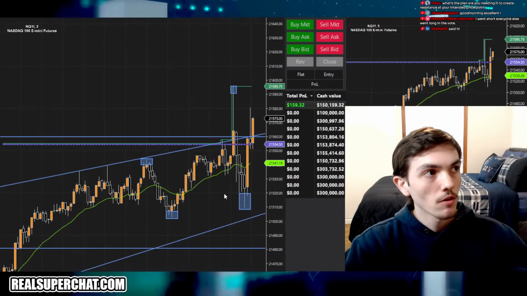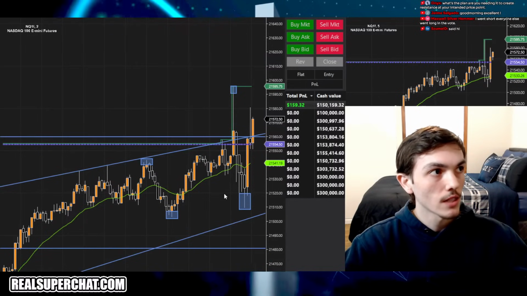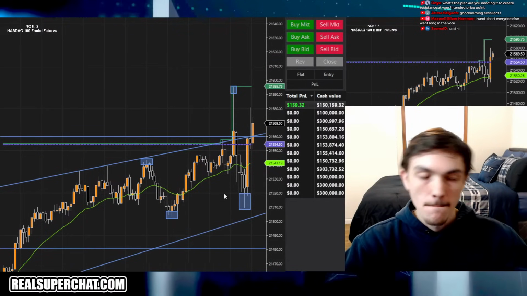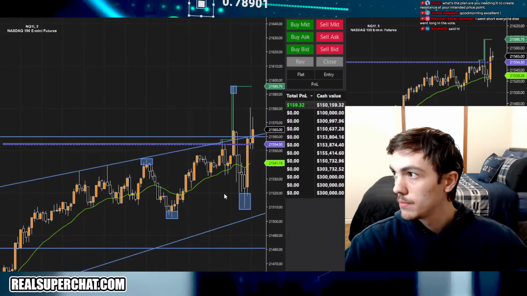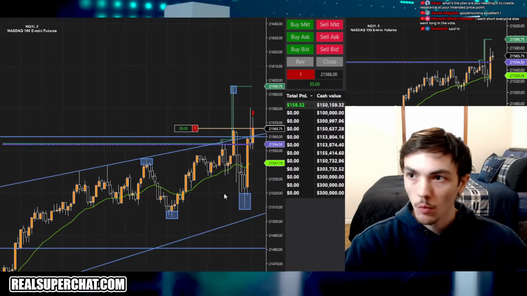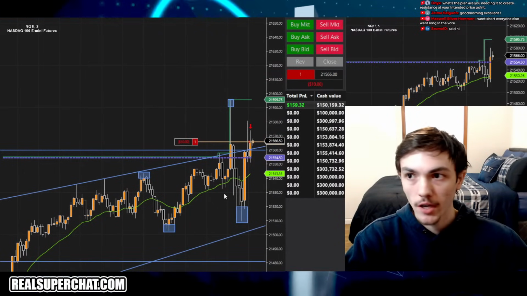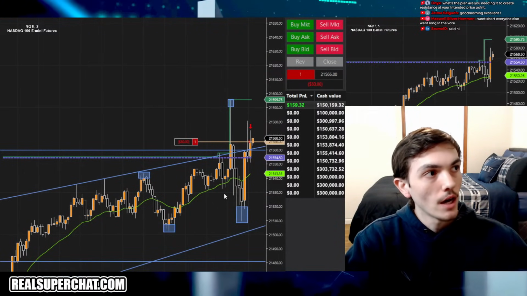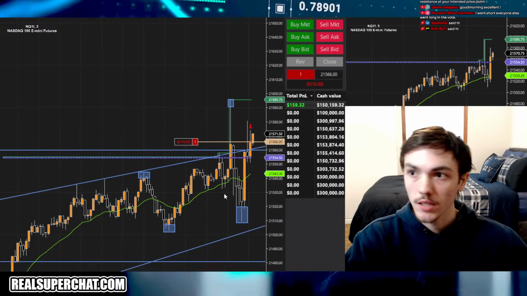There is some divergence on the ES and NQ. NQ's pumping right now, ES not really. Tesla's coming up, Nvidia's coming up. I'm gonna send one short. ES is coming down, it could be a fake. I think this is a bullish trend today, but I'm gonna go short with one. Down 100.